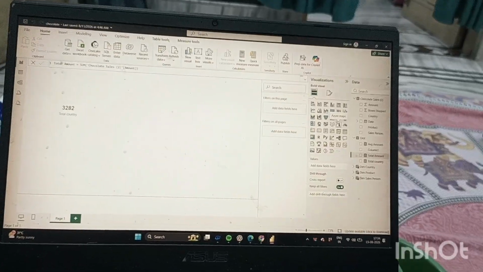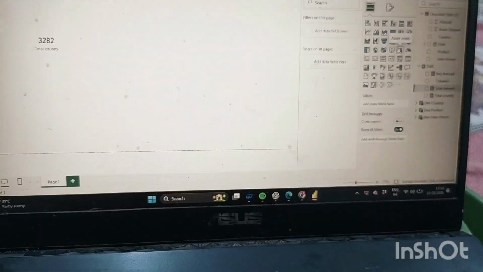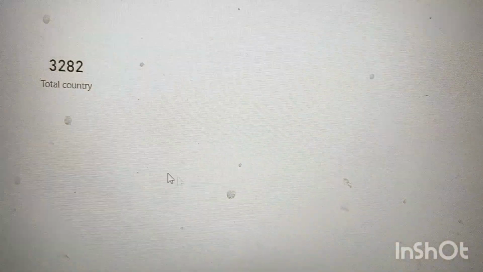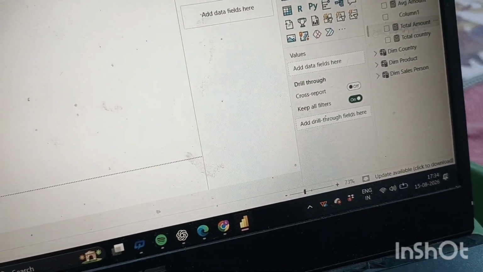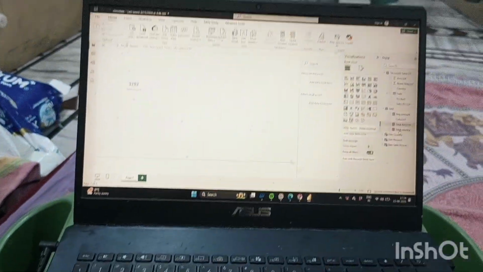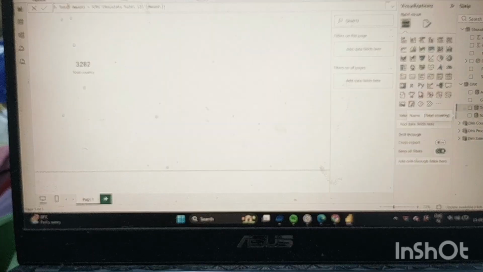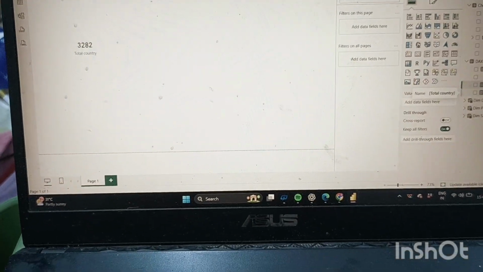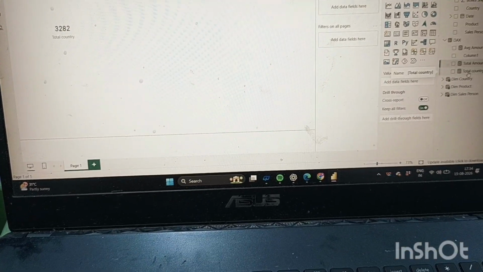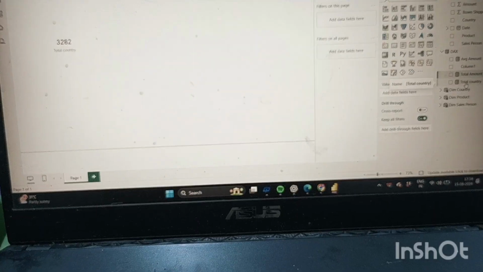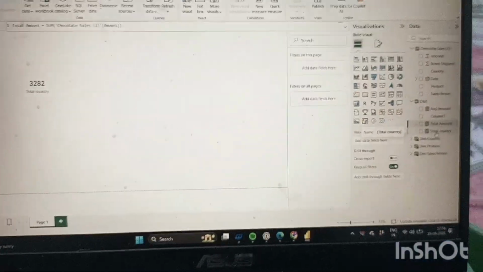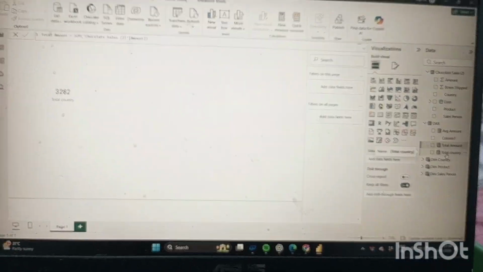In order to get meaningful insight, as we have also created total country. Are you watching, guys? Here, total country, we have created total country. It is available only in your data set, in your table, as country. But what will we do with country? We know all the country names, but am I able to calculate total country, how many countries are there